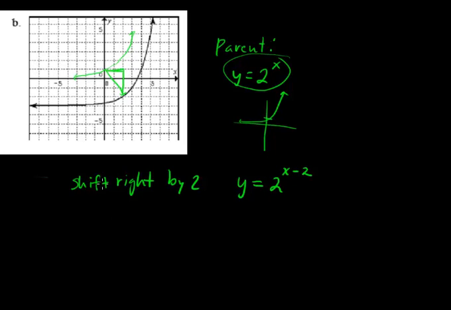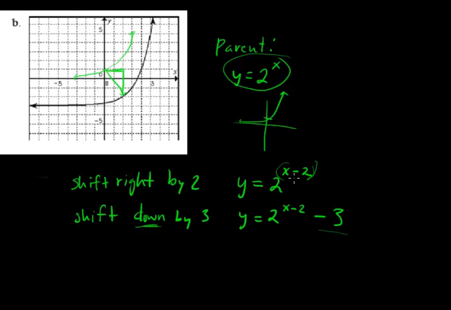And then shift it down by 3 units. We have y equals 2 to the x minus 2. From that, we subtract 3. So if we put the subtract 3 on the outside, that's going to go up and down. If we add or subtract to our x, just where x is, it's going to shift it to the left and right. So this is the answer for part B,